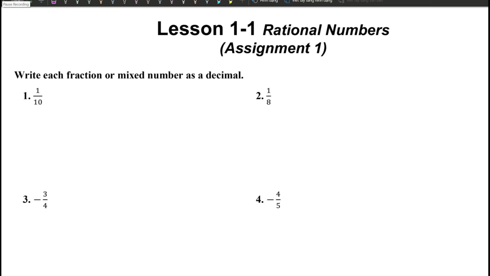Okay, number 1. Before I go over number 1, I want to remind you to take out your notes, because with the notes you have more examples to complete the assignment. It's really important that when you work on the assignment, please try it by yourself first before you ask for help. Make sure you understand the notes. Problem number 1, we're going to turn this fraction into decimal numbers.